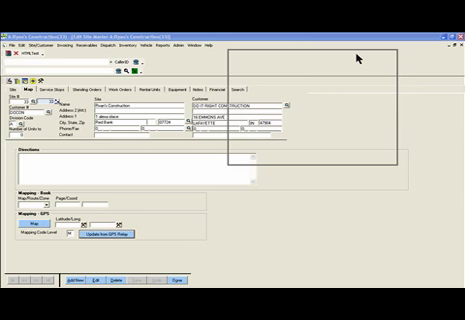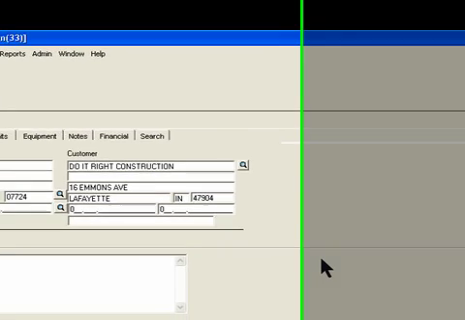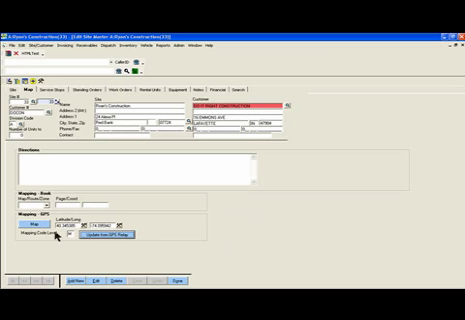GPS Relay will then open a window and show us the latitude, the longitude, and the actual address of the location, including state and county when supplied. We're going to update the latitude, the longitude, and the street address, okay, and the zip code. And click Update. We now see that in TAC we now have an updated site address and the latitude and longitude, and if now I